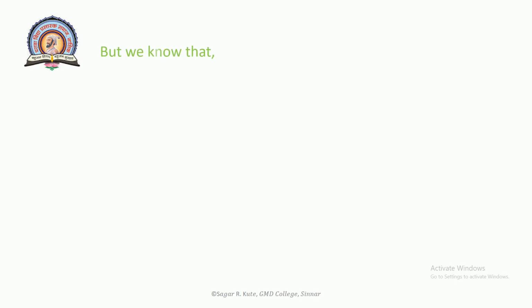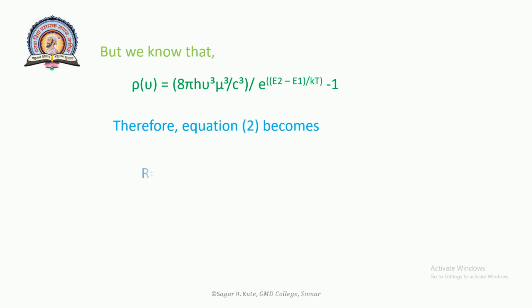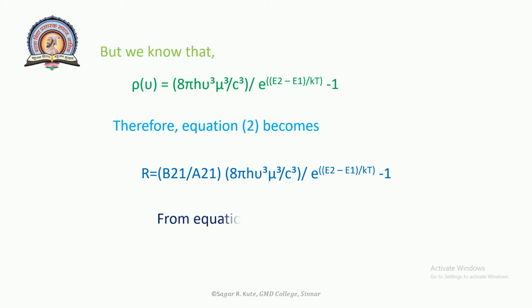But we know that rho mu is equal to 8 pi h mu cube upon c cube upon e raised to (E2 minus E1) upon kT minus 1. Therefore, equation 2 becomes R is equal to B21 upon A21 into 8 pi h mu cube upon c cube upon e raised to (E2 minus E1) upon kT minus 1. That is, from equation 2,